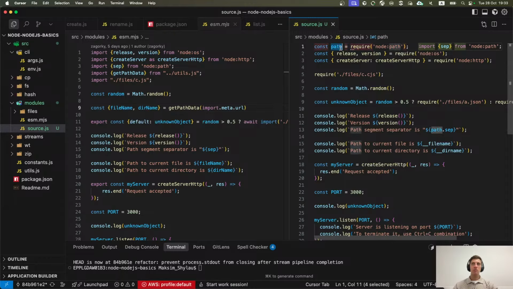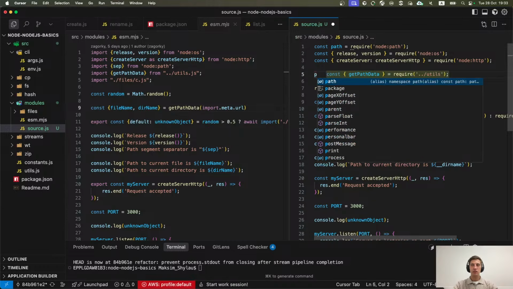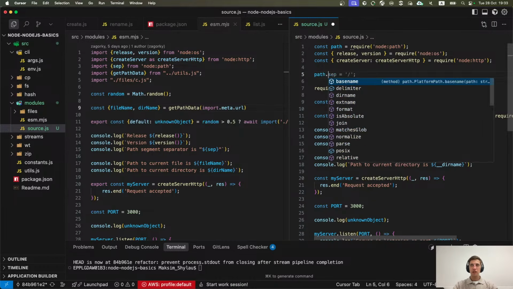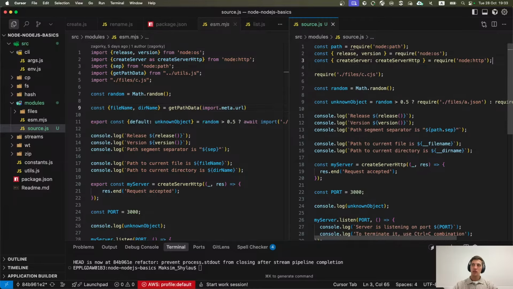So when we import it like this, just putting it into variable, we import whole path module content, and you can access specific properties with dot notation. You can have access to everything we have in path module. We can have named imports, like we need to import specific functions, for example, release or version from OS module, and we can use import with renaming.